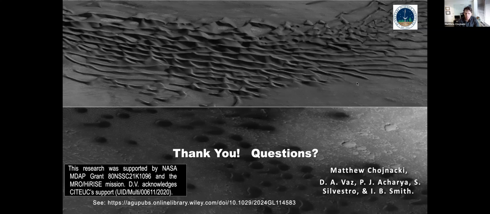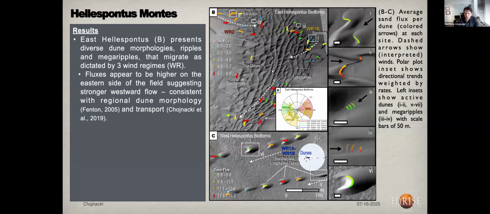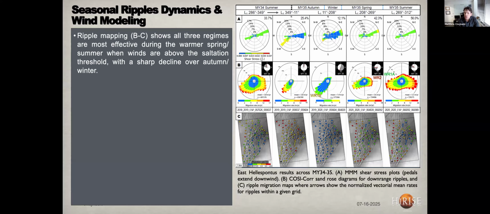I may not have highlighted it particularly, but I think your mesoscale models show it, in the top plot A here. Those are just wind roses, and there are nuances that I skipped over, but some of those blue ones are below the shear stress values needed to initiate saltation. So those blue petals aren't really moving much sand, but when you look at those rose petals, and those are all in the downwind direction, you kind of see a pattern that suggests there's a lot of eastward